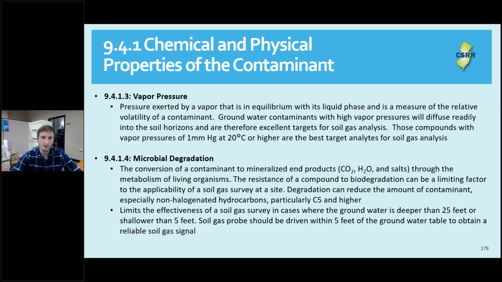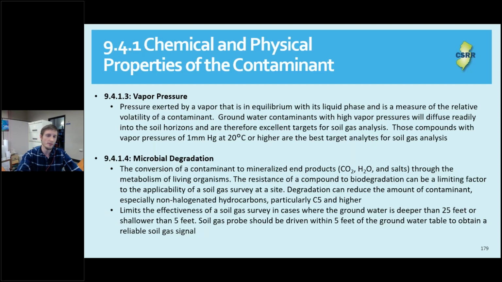There are chemical and physical properties that you need to consider. One major consideration is vapor pressure, which is the pressure exerted by a vapor that is in equilibrium with its liquid phase and is a measure of the relative volatility of a contaminant. Groundwater contaminants with high vapor pressures will diffuse more readily into the soil horizons and are therefore excellent targets for soil gas analysis. Compounds that have vapor pressures higher than 1 millimeter of mercury at 20 degrees C are very good targets for soil gas analysis. These are BTEX compounds, and PCE and TCE as well for chlorinateds. Vinyl chloride has a vapor pressure of about 2600, and it would be good just based on vapor pressure, but